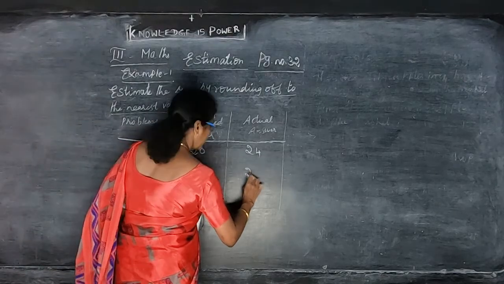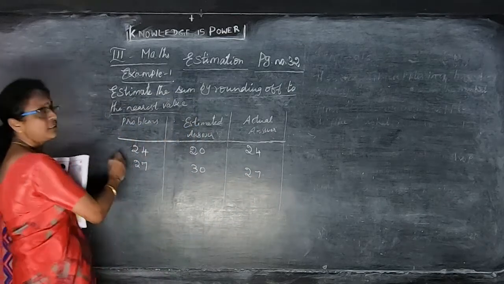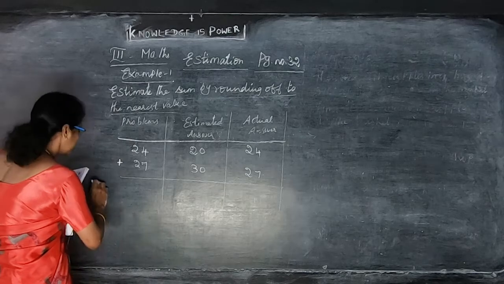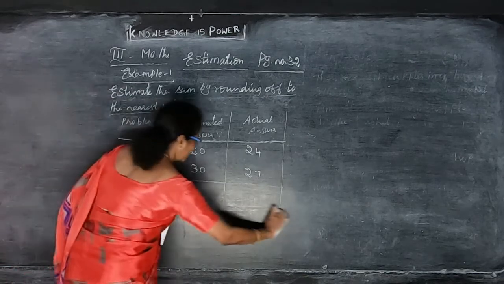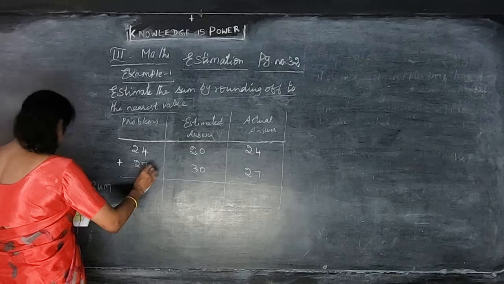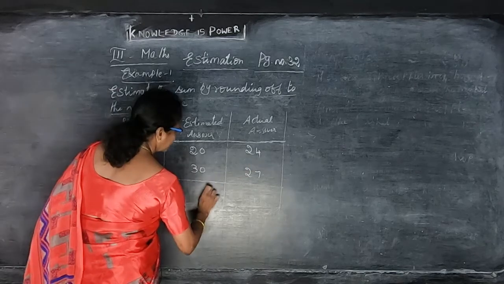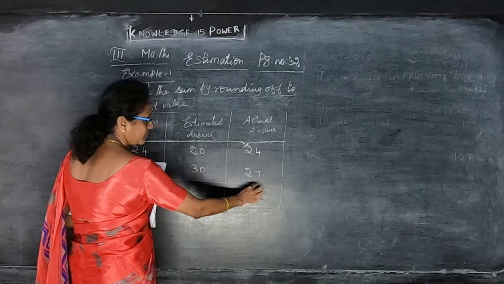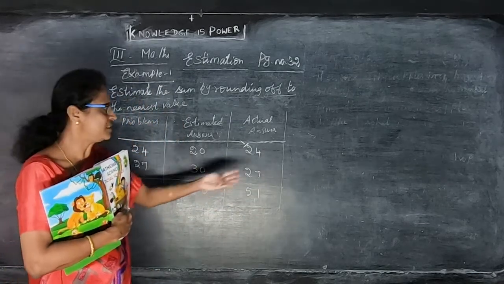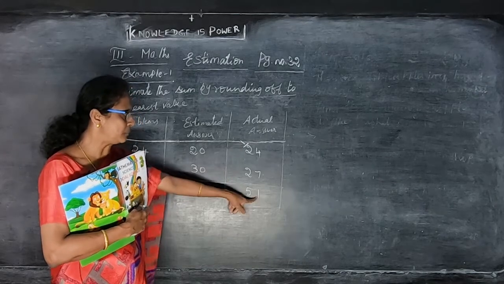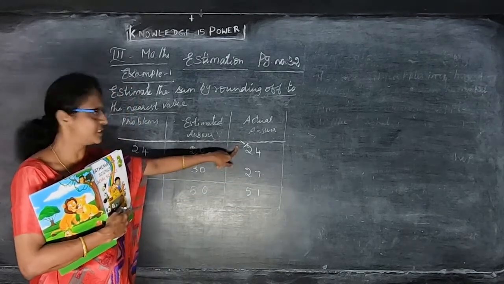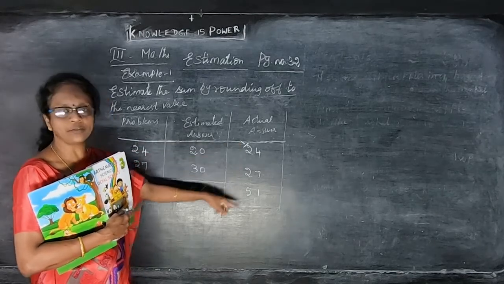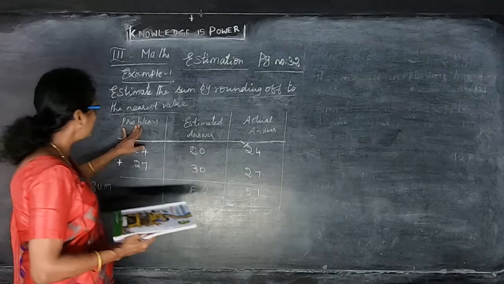actual answer is 27. So this is the estimate the sum na plus pananum. So you put the line and write sum. Sum means you have to add. So idu rendu add pannunga. 7 plus 4, 11. No, we can add here. This is 50 and this is 51. 7 plus 4, 11. 7 in the mind and 4 in the fingers. After 7, 8, 9, 10, 11. So I put 1 in 1's digit and another 1 in 10's digit. And add all the numbers. 1 plus 2, that gives you the 3. And 3 plus 2, that gives you the 5. So this is the estimated sum.